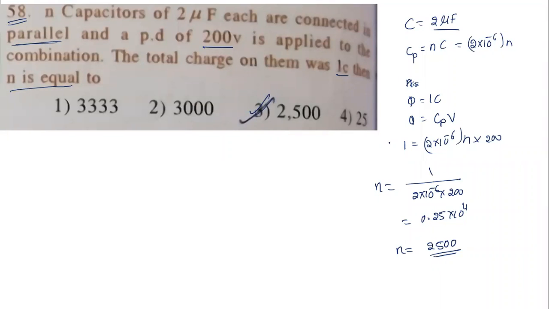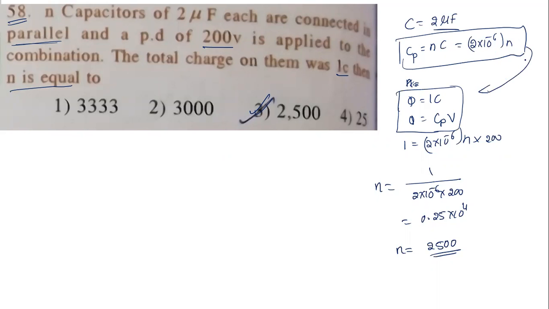What is the key point here? The key point is this one: the total charge remains constant. So we insert the values. The total capacitance of the combination is this much. We use that value, we use these two, and we simplify. Okay, is that clear? This question is clear to all of you now. Can we move on to the next question?